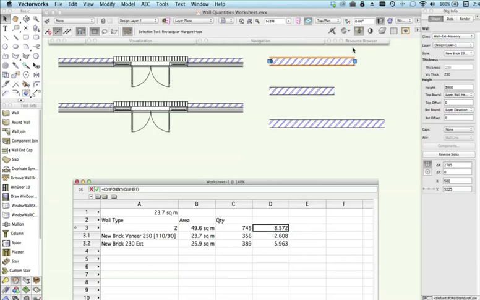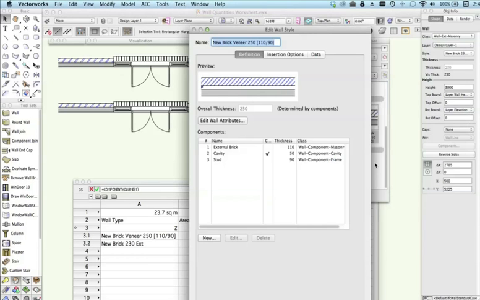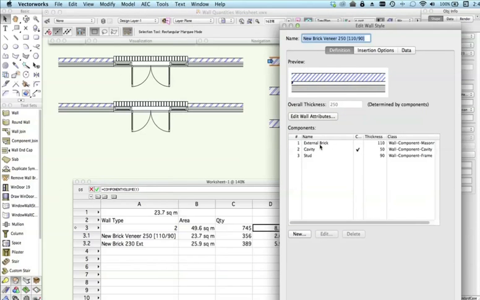Now, the component number of the wall, if we look at one of these wall styles, so here's the brick veneer wall style. If we right click and choose edit on this, you'll see that these are the component numbers here. So if I were to list the external brick quantity, I would put 1 for the component. The second component is the cavity. You don't want to list that. If I use number 3, it would give me the volume of the studs, which I don't really want. So that's giving us the 1 for that one, and coincidentally,